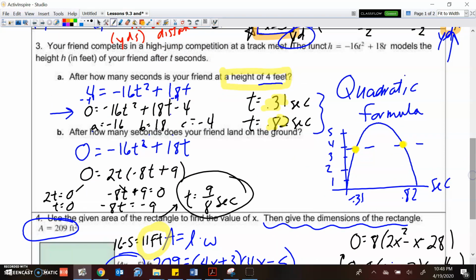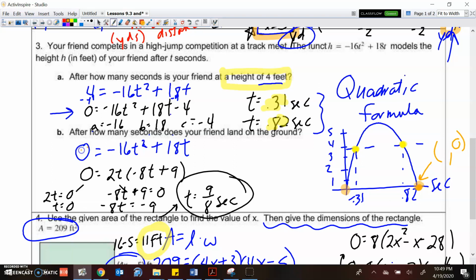Now, if we just go back to the general portion, which is kind of what we're more familiar with, part B asked you after how many seconds does your friend land on the ground? So these numbers that I just wrote tell us when the person's 4 feet in the air. But this next question, to really understand what they're saying, is they want to know, obviously they started at 0 seconds, how many seconds in does it take them to land? So they want to know this number right here, what that x value would be whenever y is 0. So that's why we have